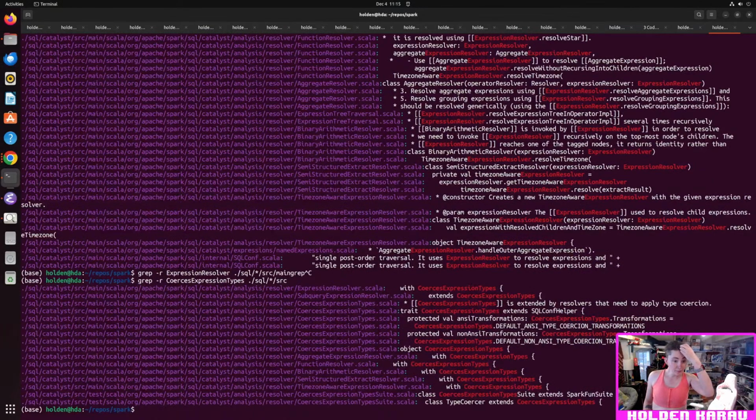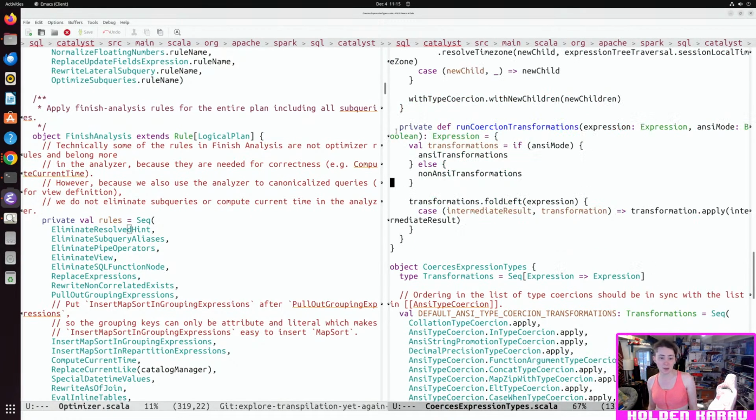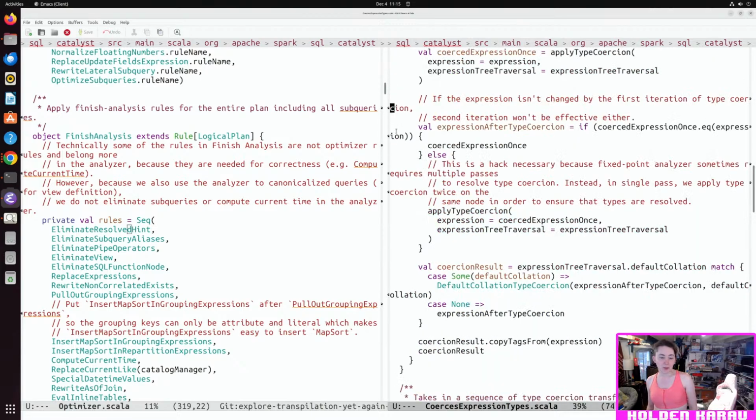Okay. Subquery expression resolver. That's maybe too big, but maybe. Okay. This is a trait.